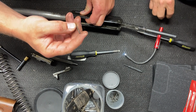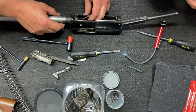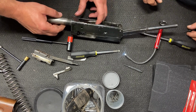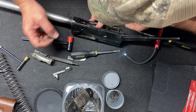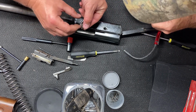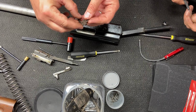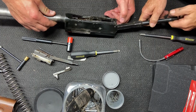It doesn't help that it's full of rust either. You never seen that crackle before you put it back in there. There's a spring somewhere. Yeah, look right there. Right there was the indention to that. So it was getting oil down in there. What happened to the spring? It's still in there. And that thing's dirty. Well, that's complete. Now I can